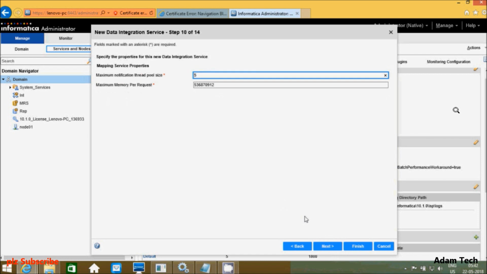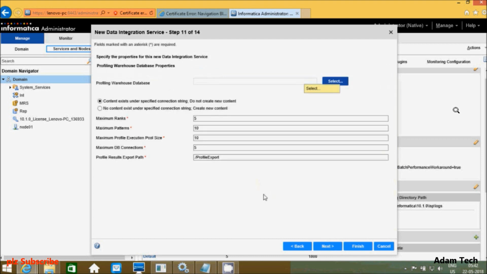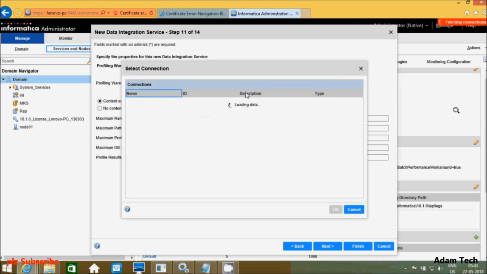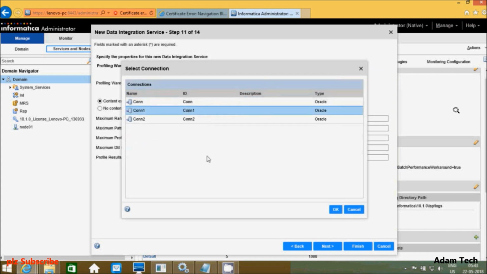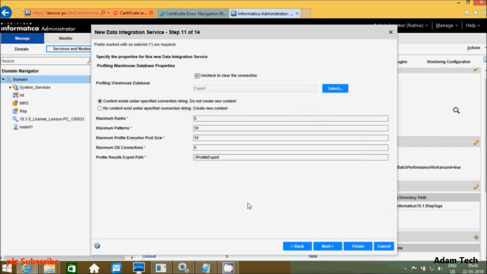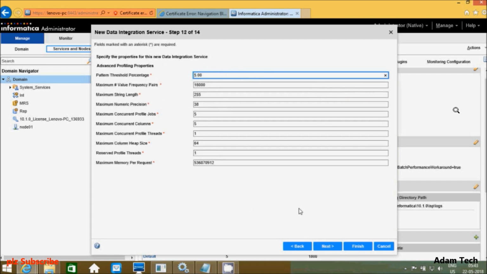Click next here, next again, and here profiling warehouse database. So click there and give the connection. Con already done, so con1. Now hereafter let's click next, and here after click next,